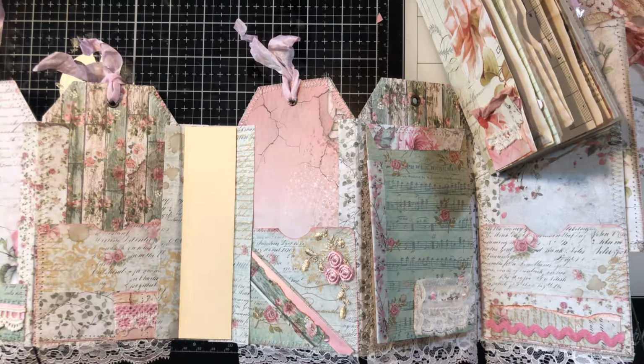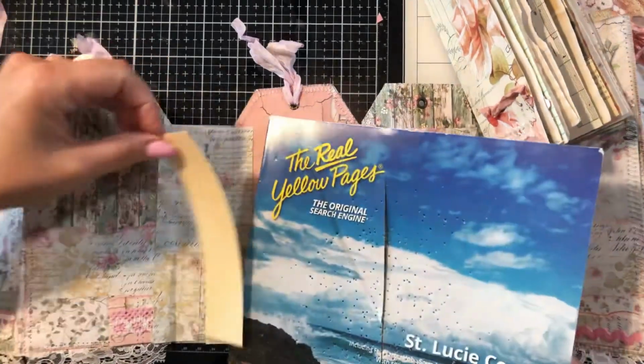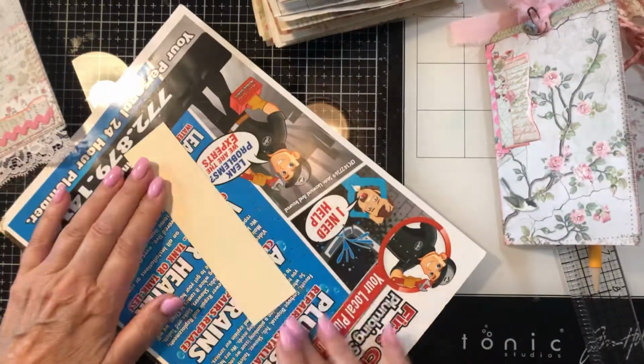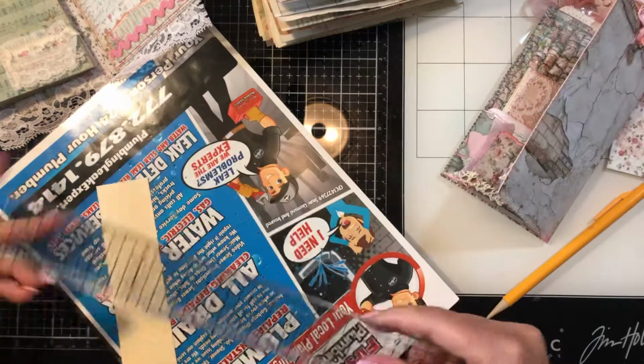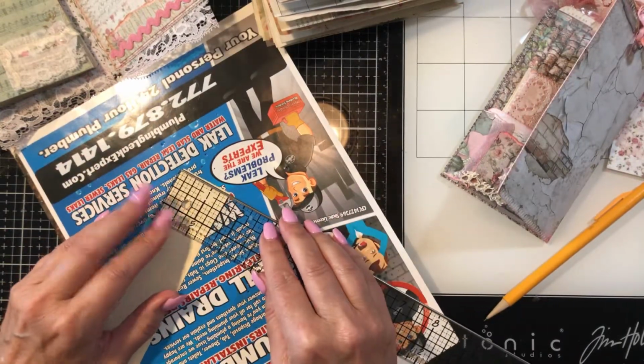All right, let me grab a foam book back here, because that's what I use to put under my paper when I'm poking the holes. This is kind of a short one, not a very tall one. It's such a simple thing when you're doing 3 signatures, because you know you're going to want to put your middle signature